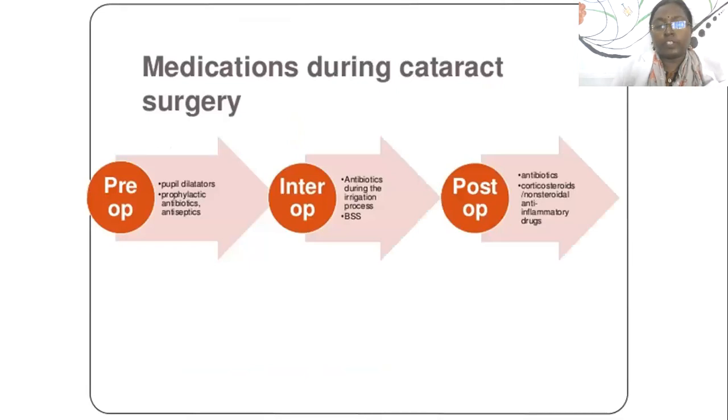The drug used is 2% lignocaine. For longer duration, bupivacaine is added. So what are the medications given during cataract surgery? We dilate the patient, and prophylactic antibiotics and antiseptics are given. Intraoperatively, intracameral moxifloxacin can be given, and postoperatively, antibiotics along with steroids for the anti-inflammatory effect. It is injected subconjunctivally.